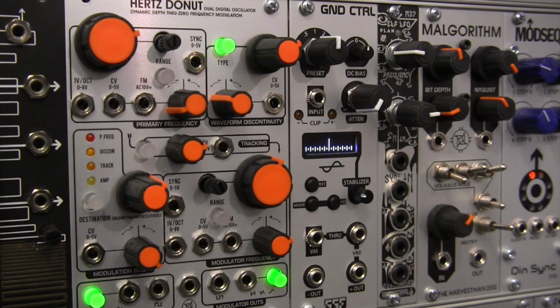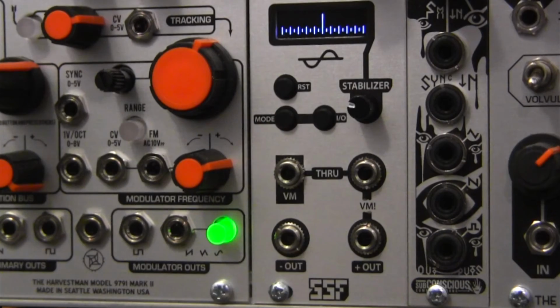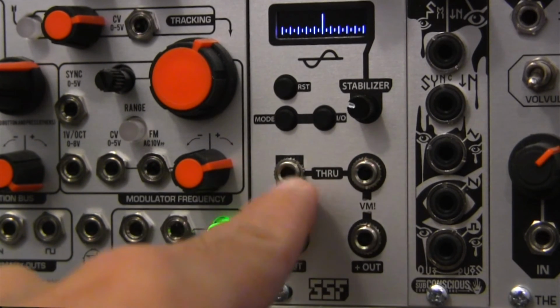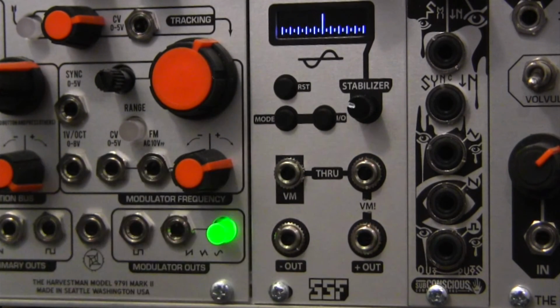Last but not least, there is an integrated buffered multiple, which will provide a duplicate of the direct input immediately to the left. It also provides a multiple of the plus out when the direct VM input is not being used. At the lower edge are your post-processor outputs, one for positive signal and one for the inverted or